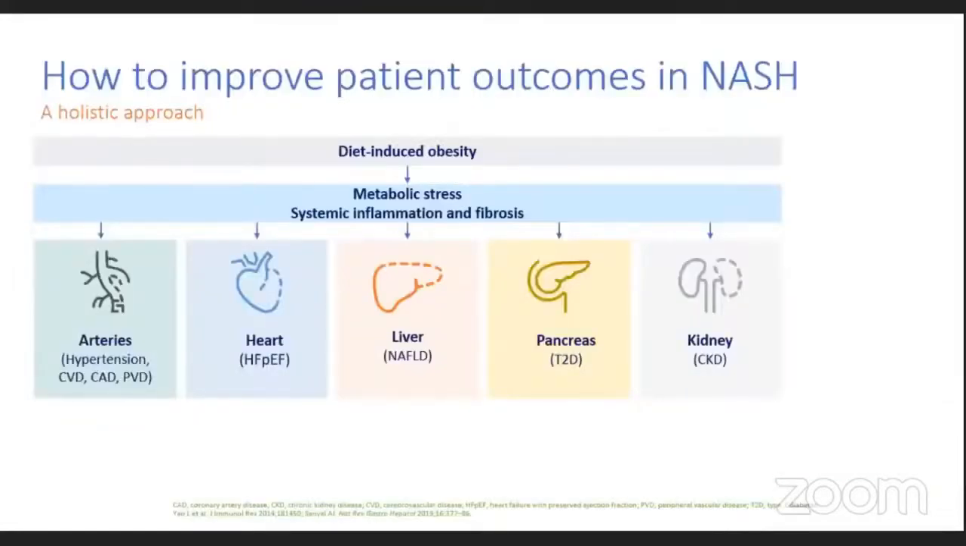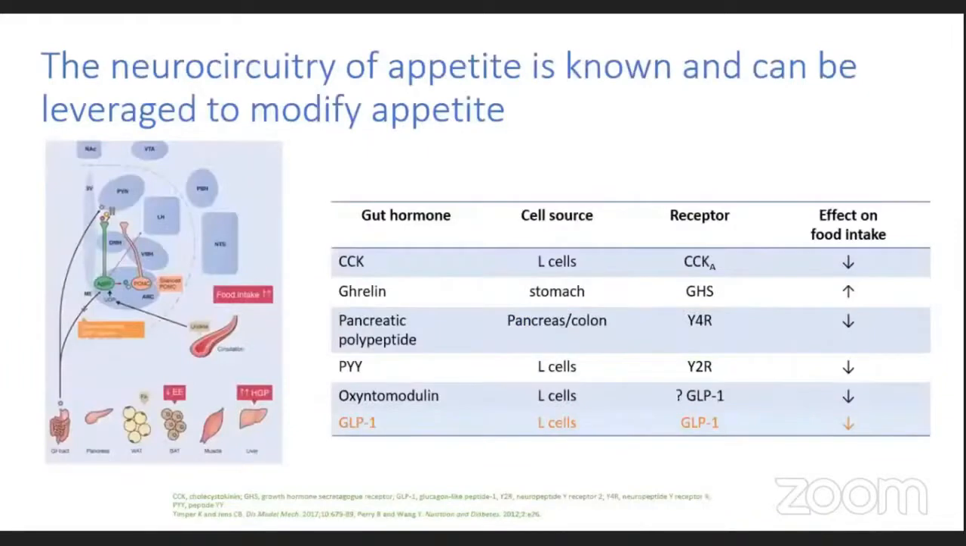Now, coming back to our principal paradigm of a multisystem disorder, let's think about a holistic approach and how we can actually improve all of the end organ diseases. And there is already evidence that weight loss and decreasing adiposity improves all of these different end organ diseases. Now, we've learned a lot about the neurocircuitry of appetite, and we know a number of pathways and hormones that can be modified or which can be leveraged for therapeutics. Of these, GLP-1 is a very important peptide, as shown in the table on the right. The cell source are the L cells in the intestine, and they target the GLP-1 receptors, and they reduce food